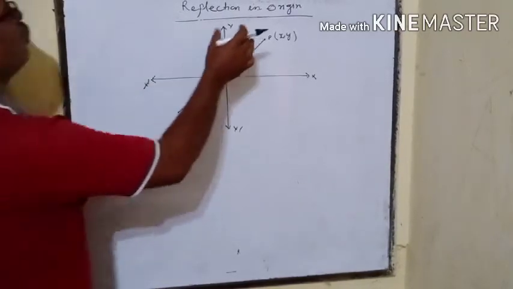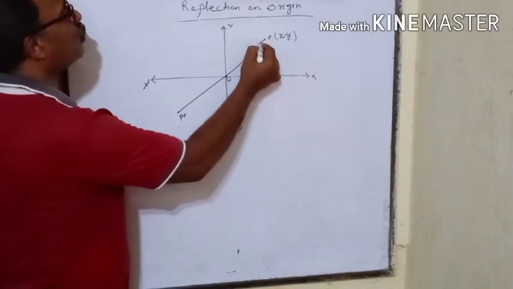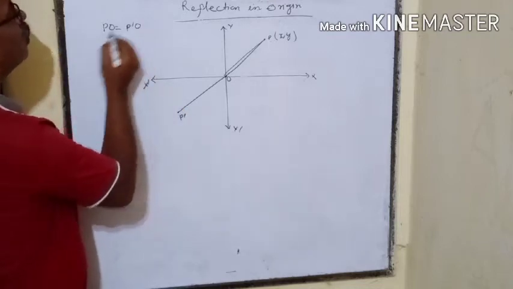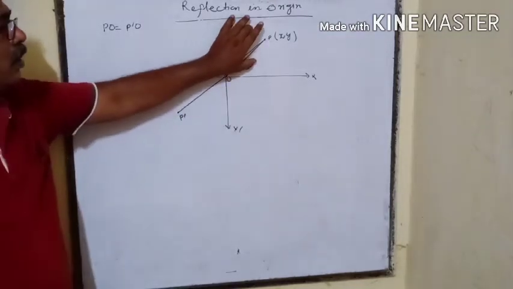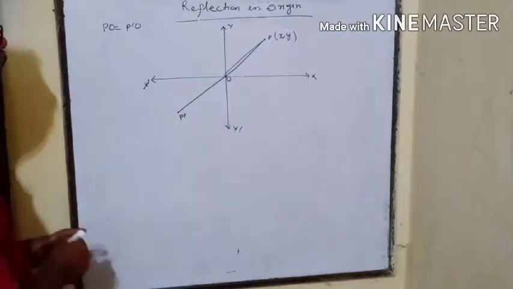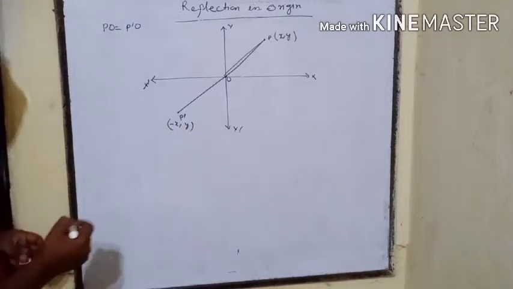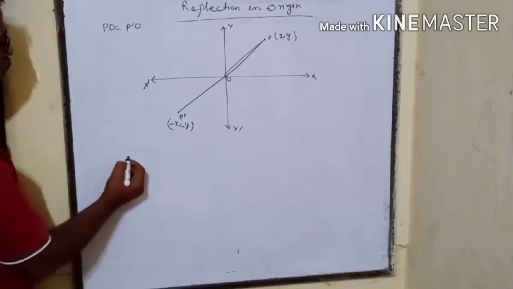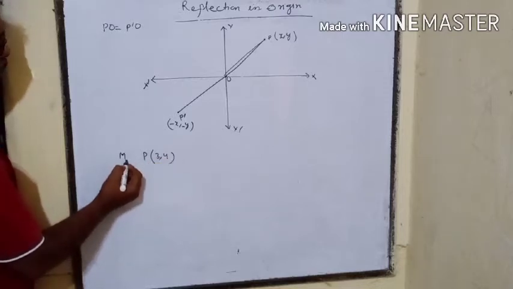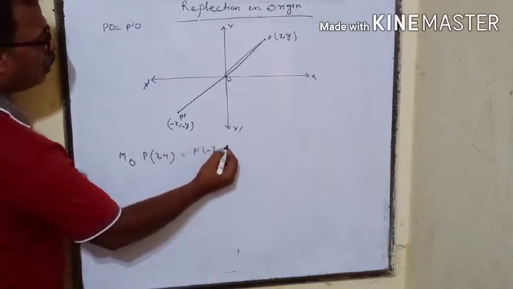Now let's see reflection in origin. So point P is there in the coordinate axis, and if we have to see its reflection in origin, what will happen? The distance of PO will be equal to the distance of PO'. So what we are finding is that it was in the first quadrant, where x is positive and y is positive. Here we are finding x is negative as well as y is negative. So the sign of x as well as y both will change. So P dash will be minus x and minus y. So if you have to find the reflection of a point P, which is (3, 4), with respect to origin, it will be P dash (minus 3, minus 4).